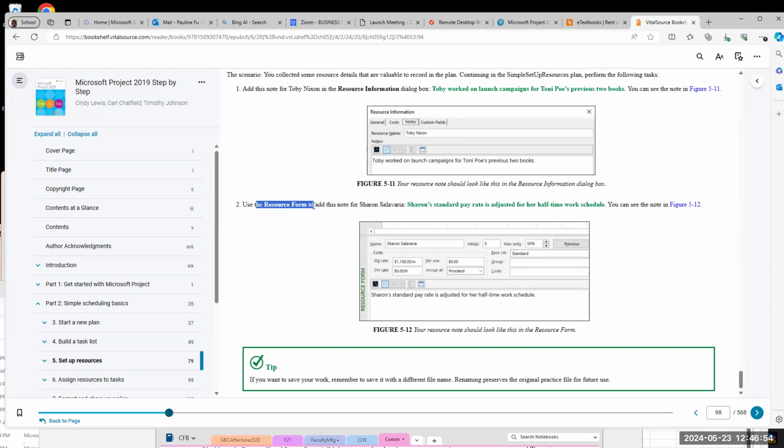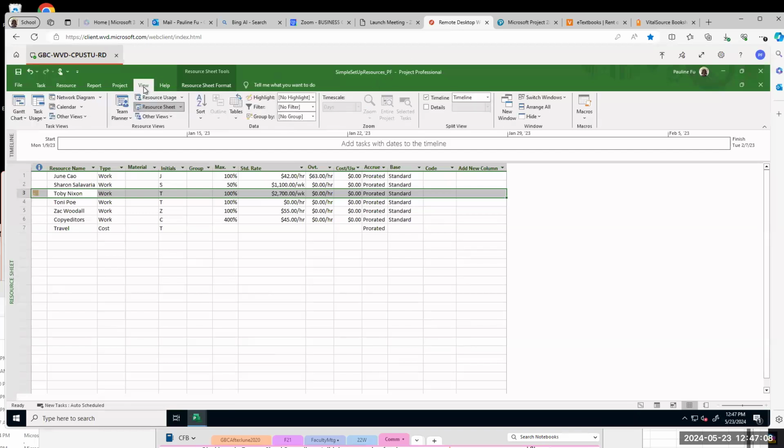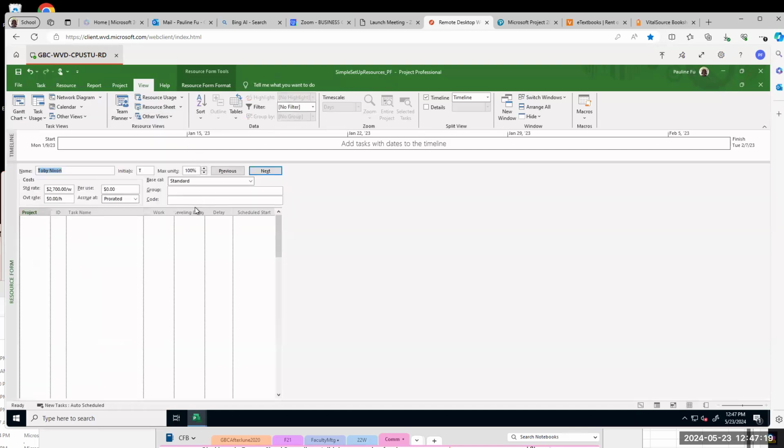Next, use the resource form to add a note for Sharon Solovia. Use resource form. Okay, go to View. Under Other View, select Resource Form. And then right now it is Toby Nicholson. Click Next button. Next again, next.